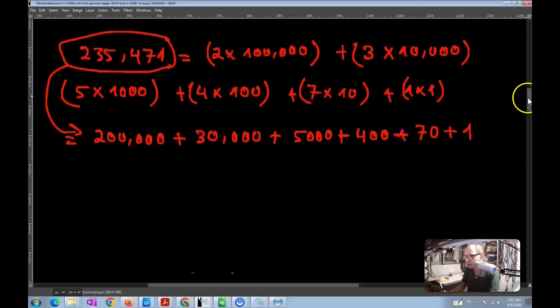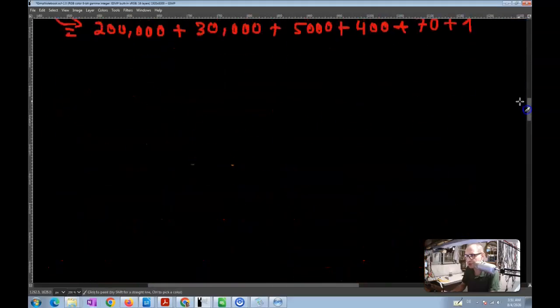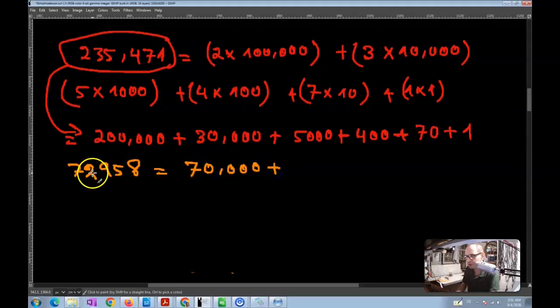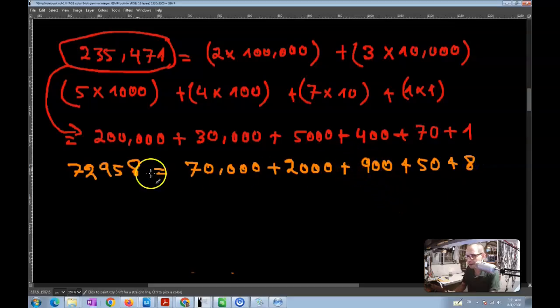And then the other number, for example 72,958, you can write it as 70,000 plus 2,000 plus 900, plus 50, plus 8, right? And sometimes it's helpful, meaning that if you were to add these two numbers together,